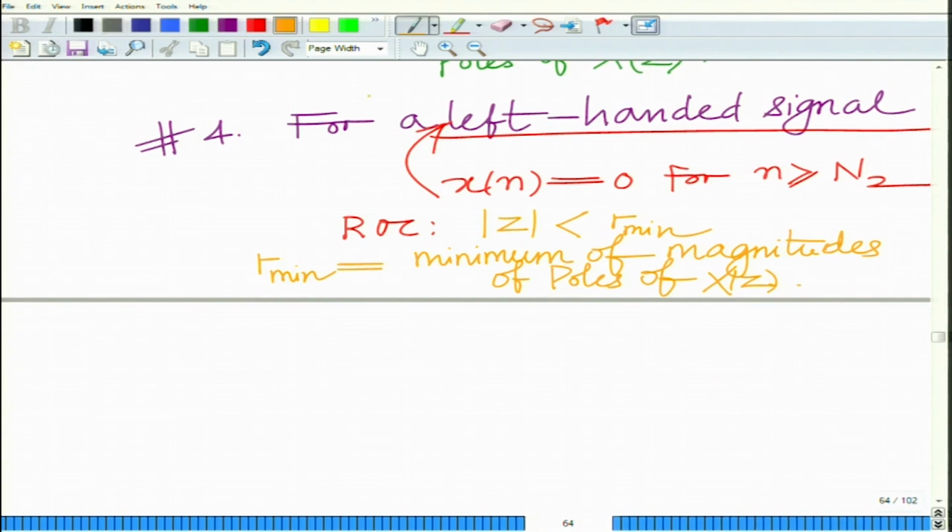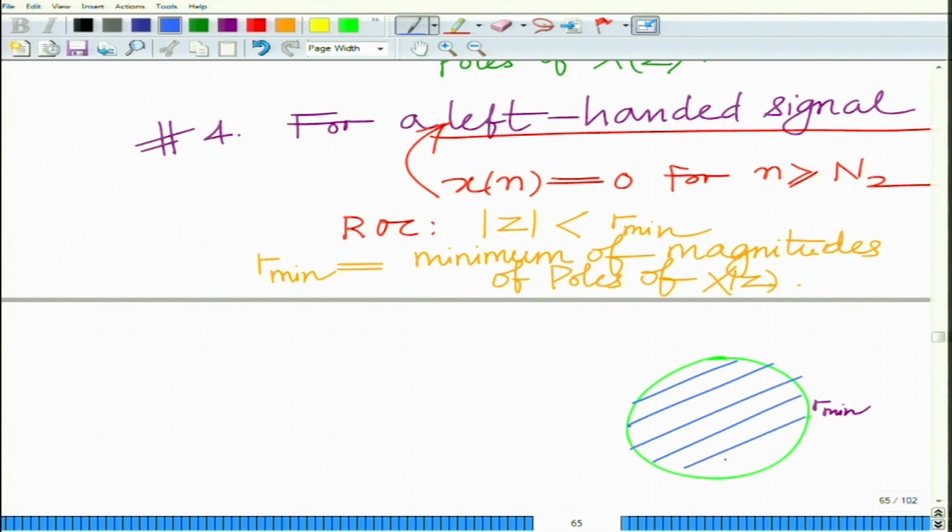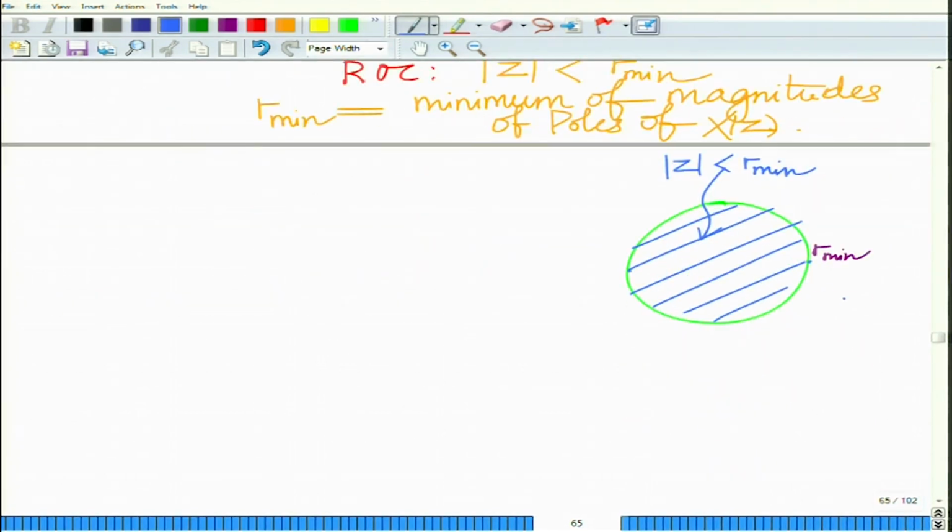So, your ROC will be of the form, so if this is R min, the minimum of the magnitude of the poles, your ROC will be inside this circle, that is magnitude z less than R min. So ROC will be the interior of the circular region. Okay. So, this is the ROC of the form magnitude z less than R min. Okay. And finally,